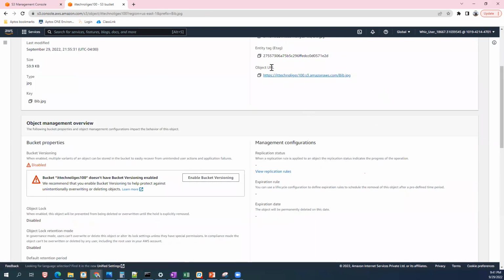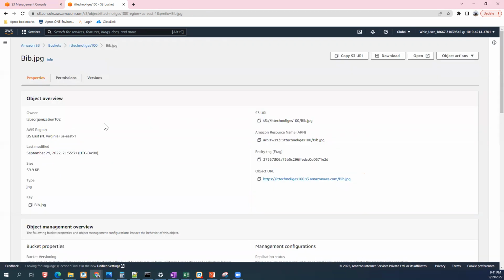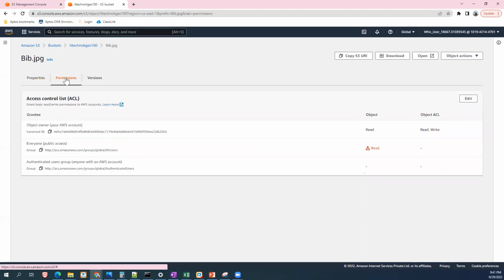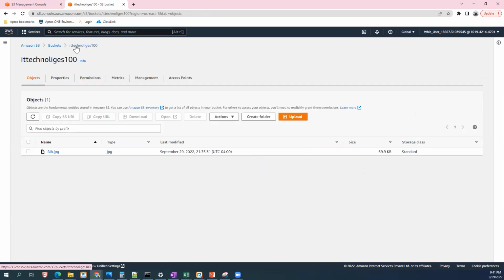Not through this URL. This is a public URL. Yeah, that's what Anna said. This is the owner account and the owner created it, and he can't access the URL. I don't understand the difference. I tell you, I can access the object. The object is an image, right? I can access the image through this portal.